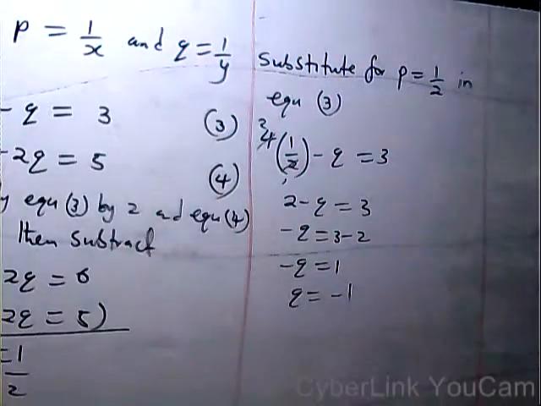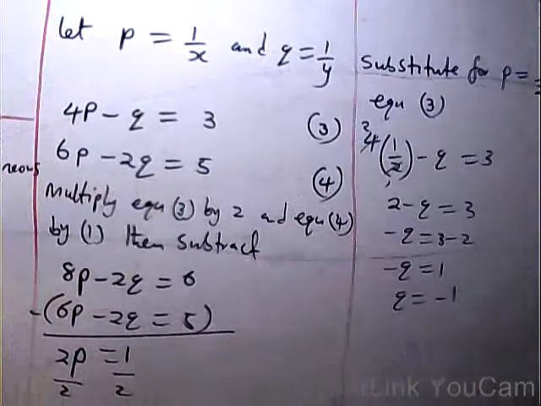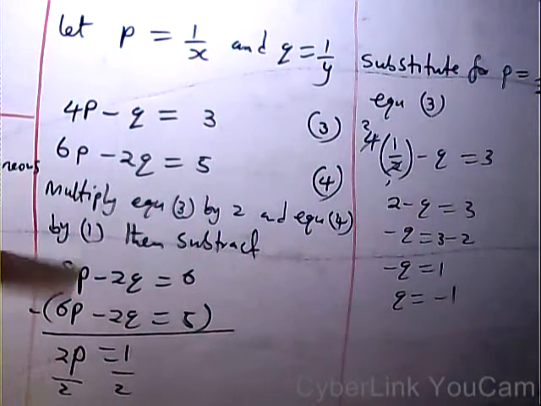So I've been able to establish that my p is equal to 1 over 2 and my q is equal to minus 1. But I must not stop there, because at the beginning we stated that let p equal to 1 over x. And the question was asking us to find the value of x and y. To solve the simultaneous equation means we are looking for the value of x and y, not the value of p and q. So we go back to say that